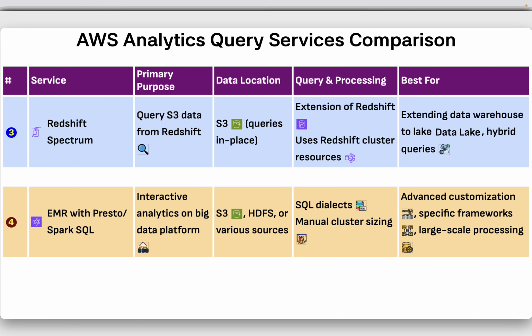Next, we have Elastic MapReduce, EMR, with Presto or Spark SQL. So this is interactive analytics on a big data platform. Data location: you can keep it in S3 or HDFS or various sources. Query and processing: SQL dialects, manual cluster sizing, and it is best for advanced customization, specific frameworks and large-scale